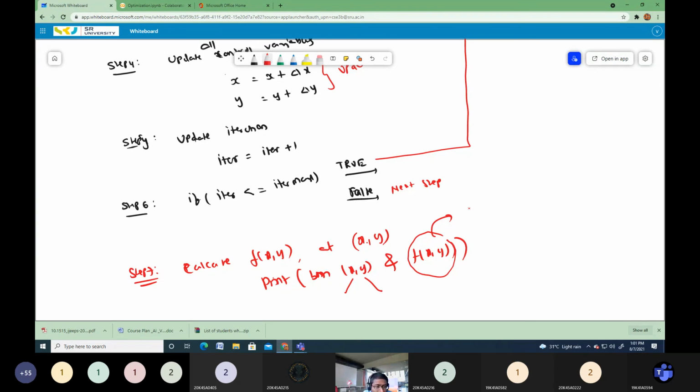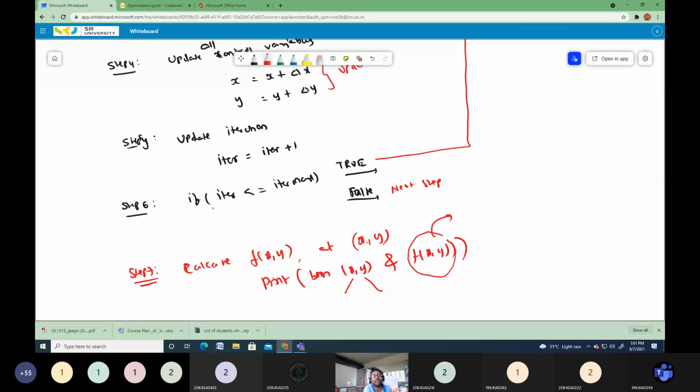So don't worry much about step 5. Sir, step 6, here we are checking the convergence criteria, but while writing the Python code you are not writing the if statement. That is not required there, because your while statement itself acts as the condition check. If iter is less than iter max, the loop will run until your iteration value reaches the iter max value.